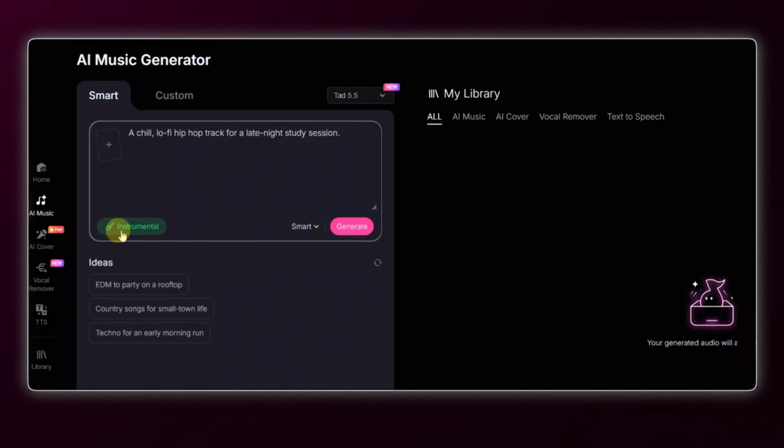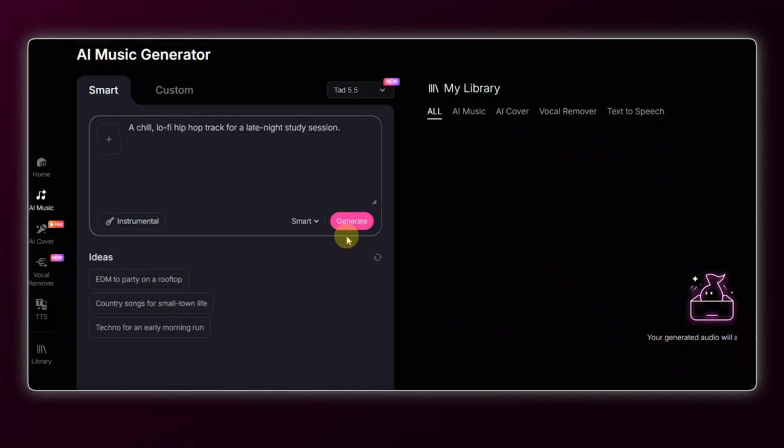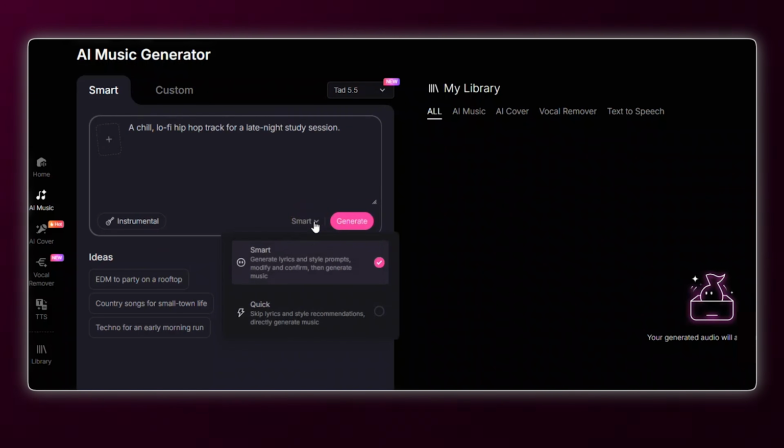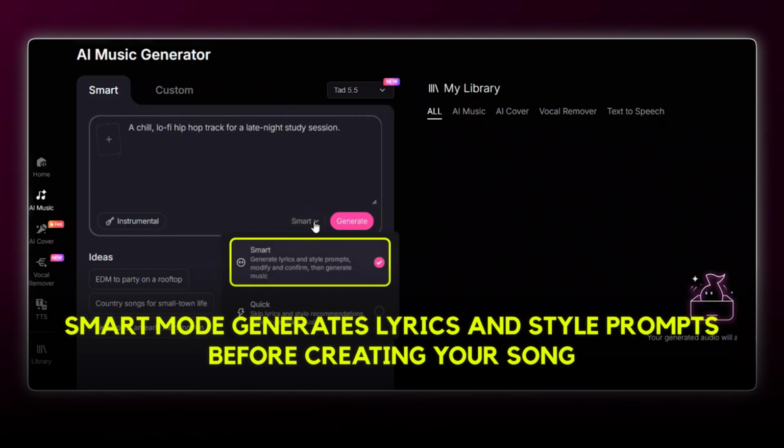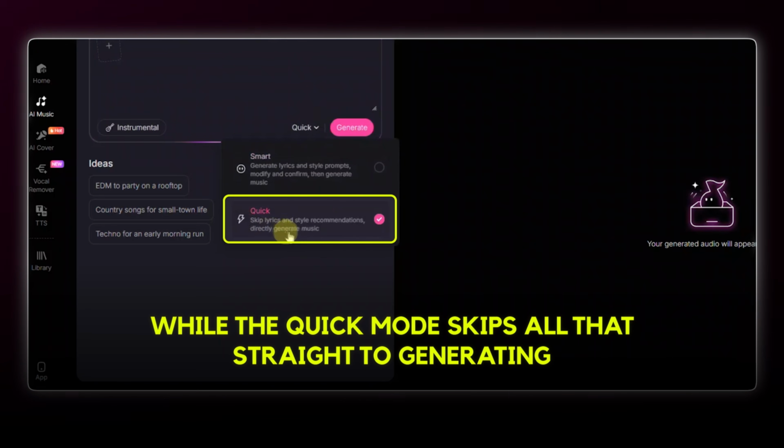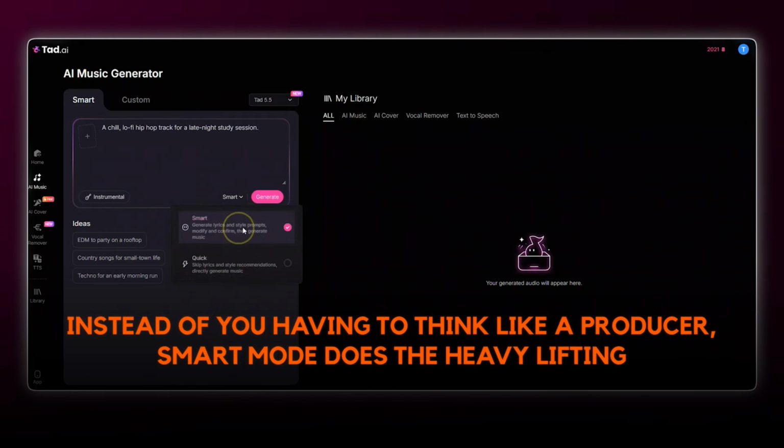Here you have a toggle to choose if you want an instrumental. But look at this. We have two modes, Smart and Quick. The Smart mode generates lyrics and style prompts for your song before creating it, while the Quick mode skips all that straight to generating. So instead of you having to think like a music producer, the Smart mode does that